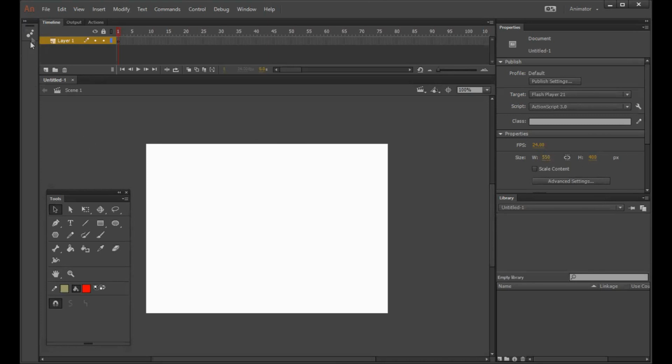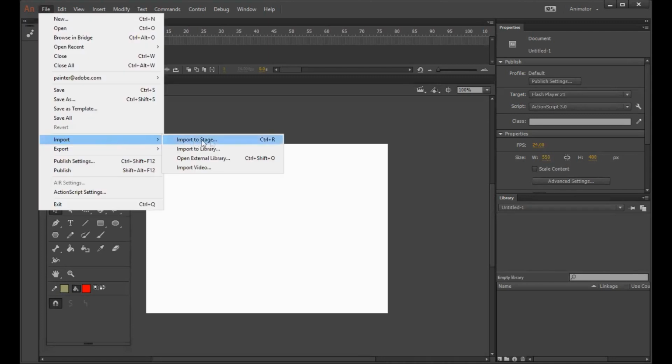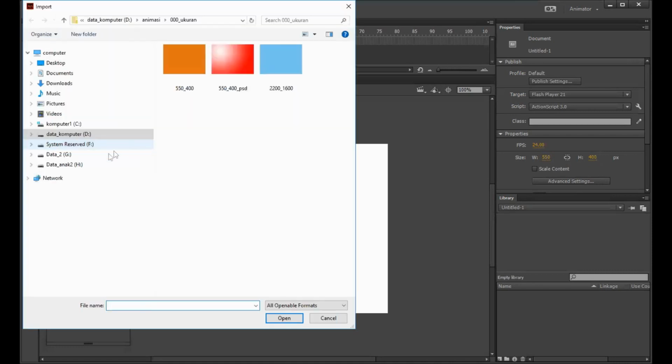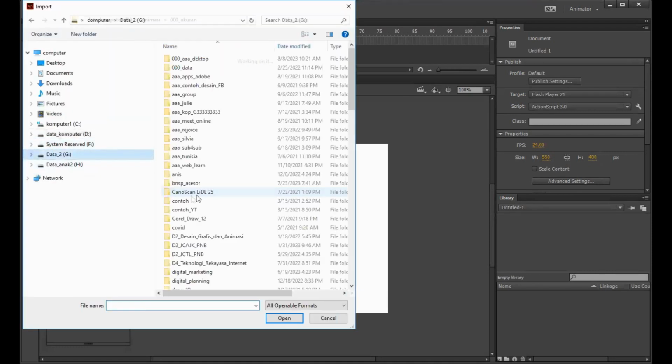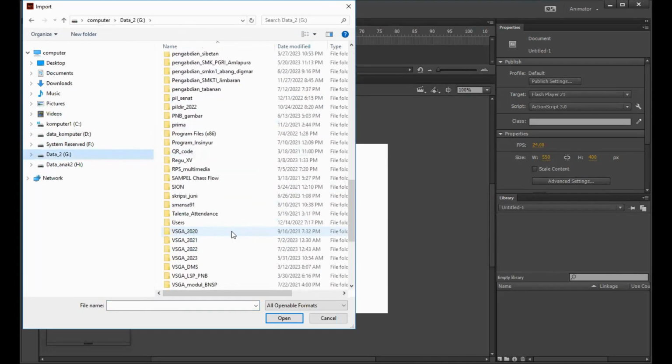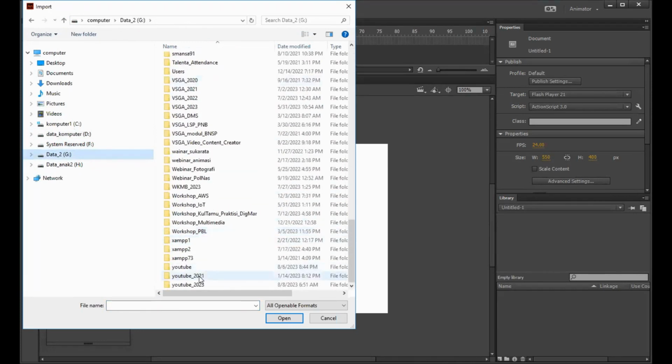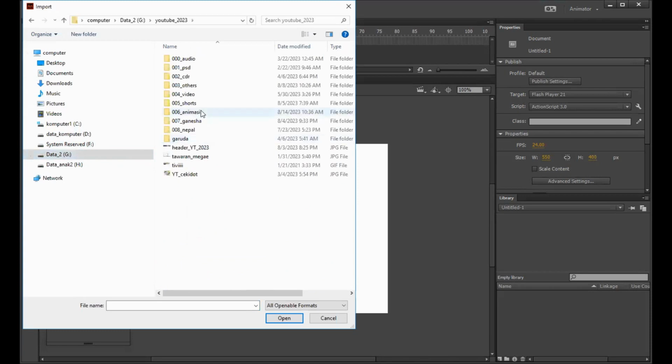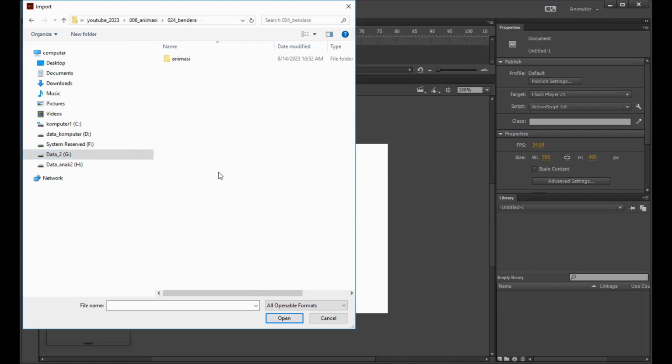Okay, let's try. I will click file and then import to stage. I will find the JPEG exported from Corel Draw, animation flag.